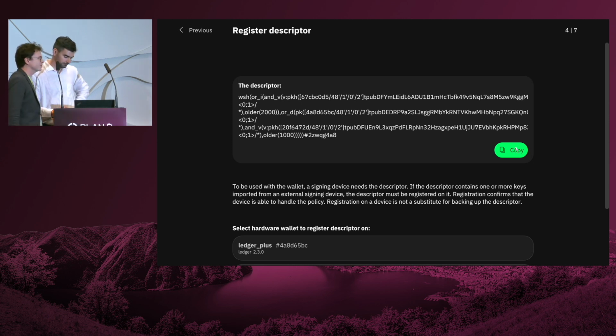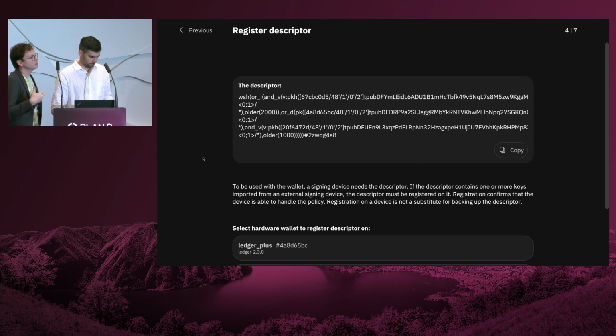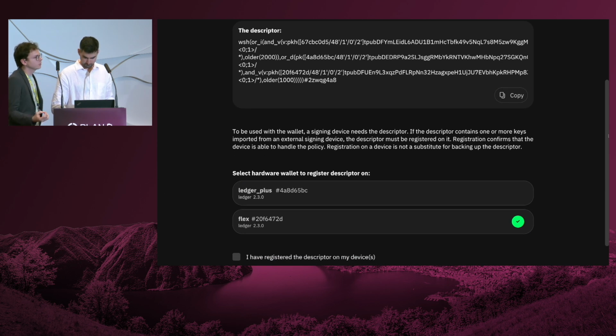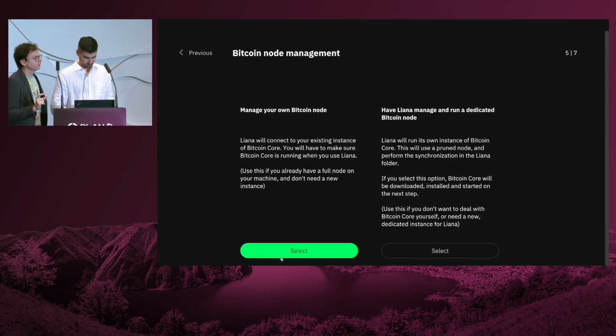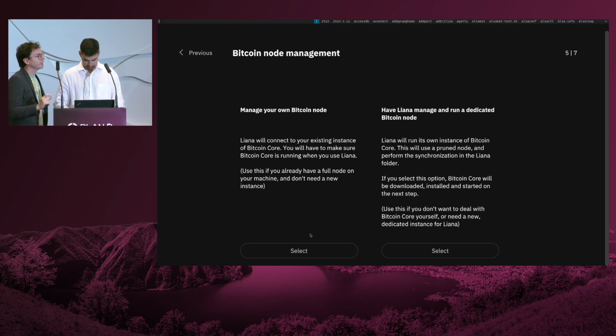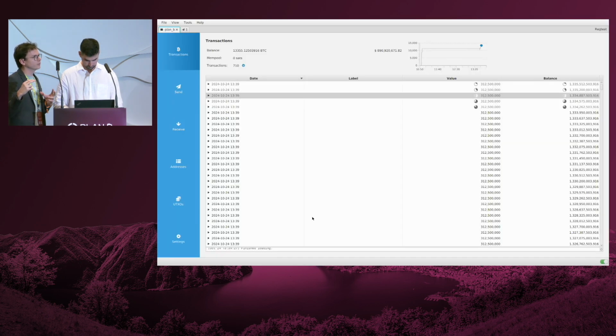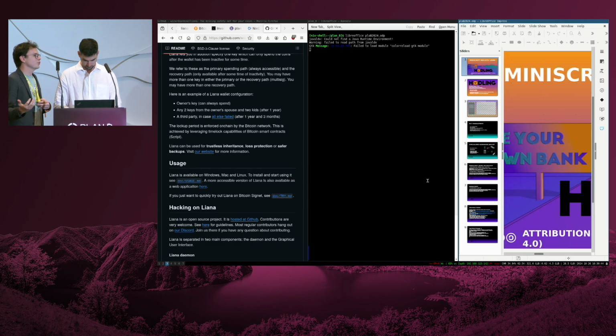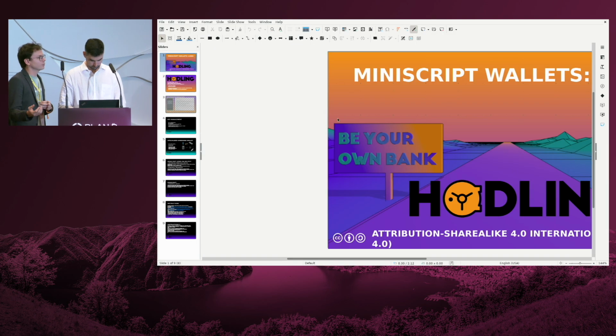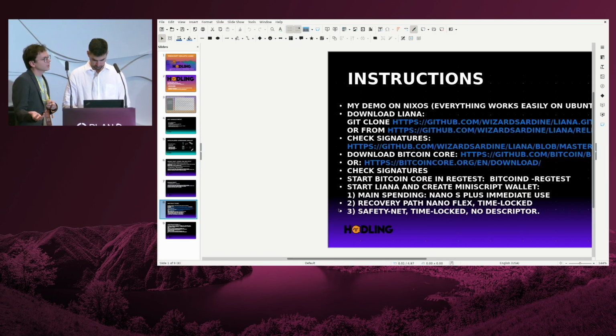Yeah, so we tried working with them. The problem is that with Liana, or generally with Miniscript, you can do pretty much anything you want, right? This is a pretty simple one, a pretty short one that might fit in a metal plate. But if you use one that's like a 3 of 5 that becomes a 4 of 6 and has 3-4 recovery paths, it can become huge. In that case, there is no standard of how big it would be. And again, with QR codes, when it starts being big, you need a format for importing multiple ones. So the answer is no, there is no easy way of doing it. I would not recommend doing QR codes.